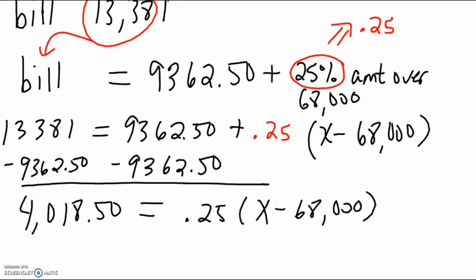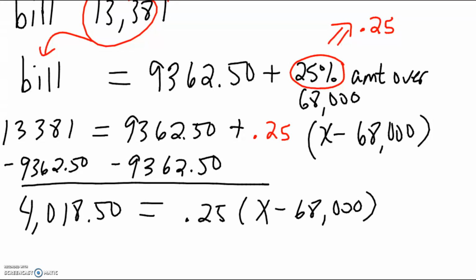Okay, so let's pick back up where we stopped in the last video. Now we want to solve for x, and we have to remember our inverse operations. 25% or 0.25 is being multiplied by the difference of x and 68,000. So if we want to eventually isolate this x, we need to do the opposite operation of multiplication, which is